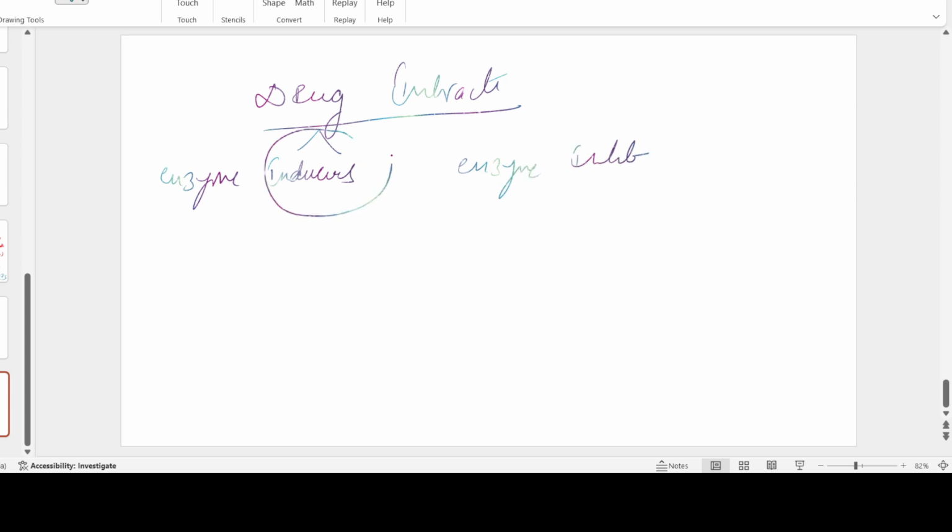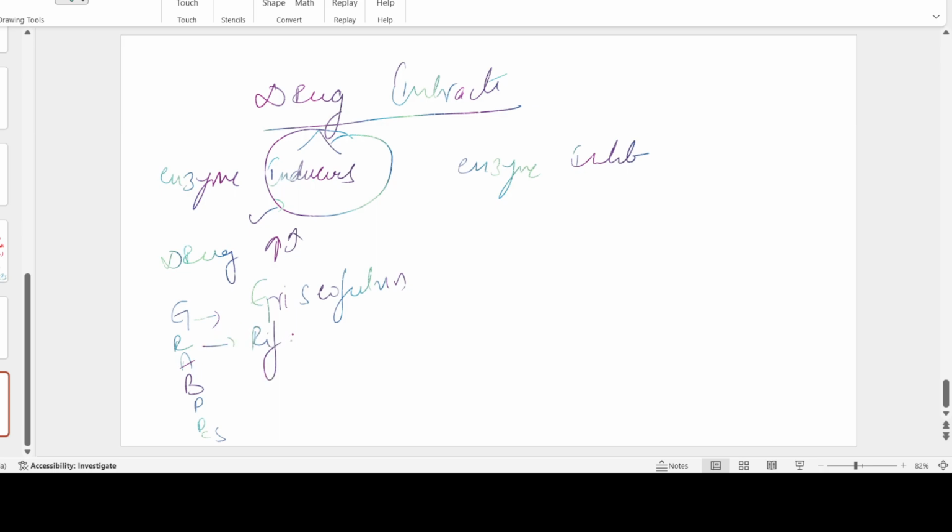What do you mean by enzyme inducers? Enzyme inducers are the drugs that increase the metabolic activity of an enzyme. Now, you have some examples, right? There is a mnemonic known as GRAB PCCS, that is, you have griseofulvin,